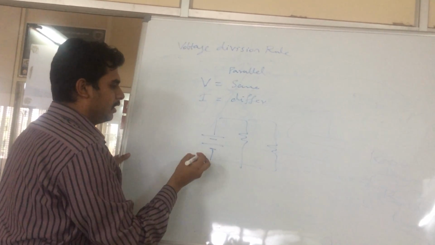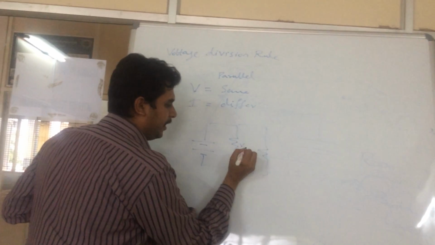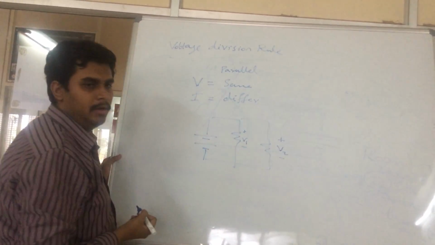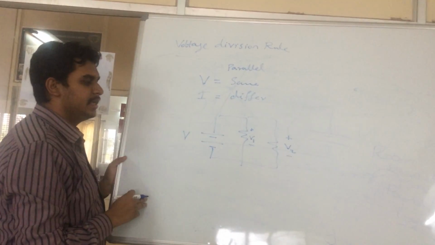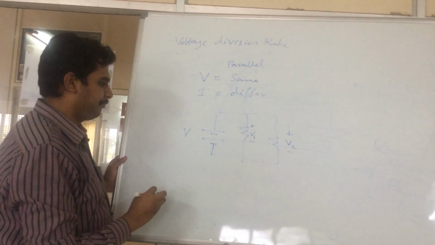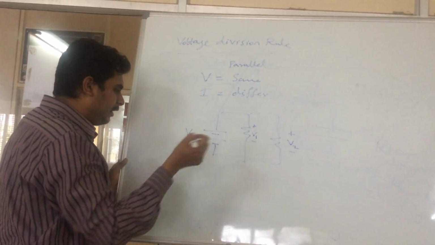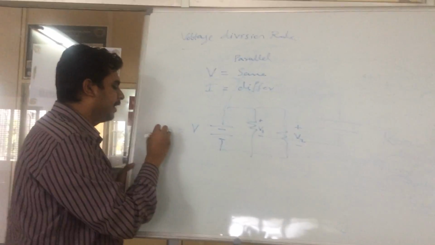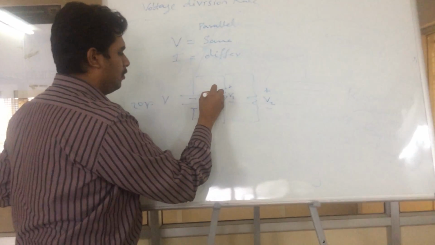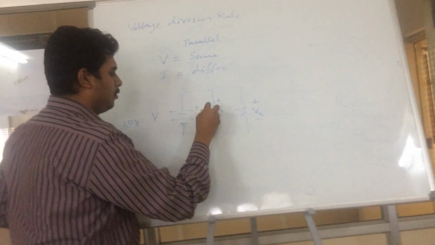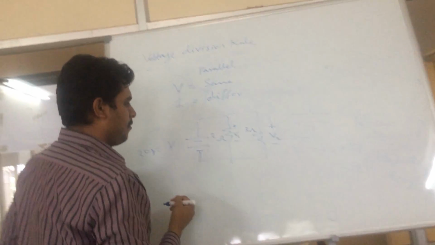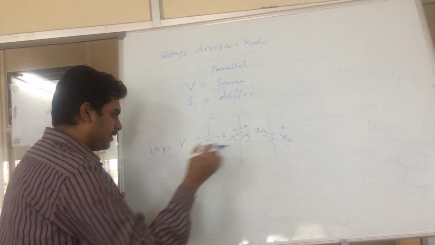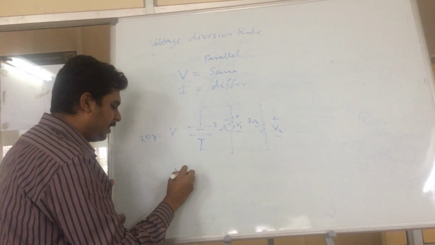In the case of the parallel circuit, I need to calculate the voltage across this resistor and the voltage across this resistor. This is your total voltage, that is the supply voltage V. I'll give you some specific values. Let us take 20 volts, 2 ohms, 3 ohms. So there are various methods to calculate this. The basic simple method is V1 is equal to